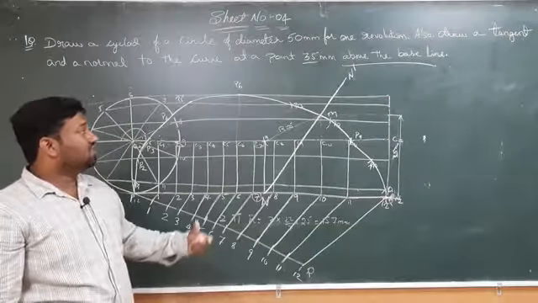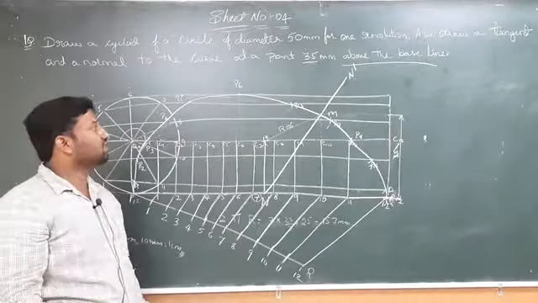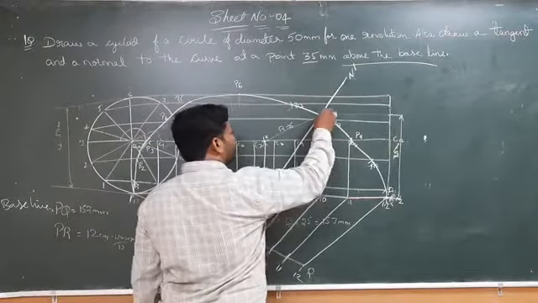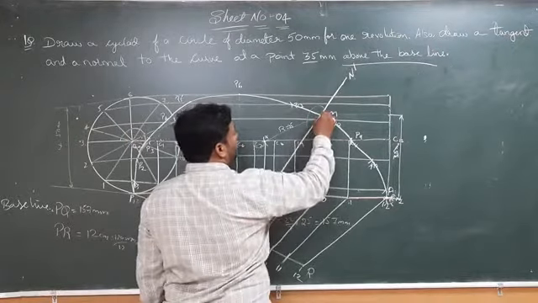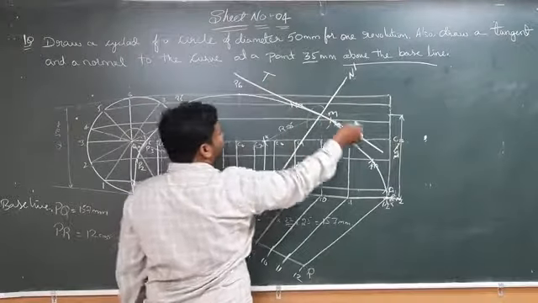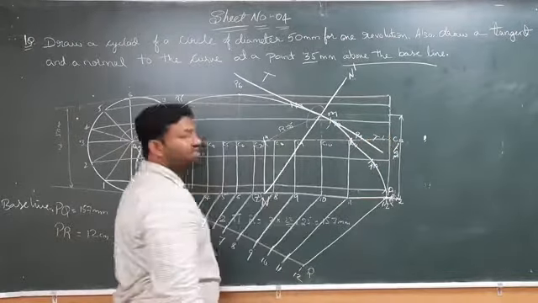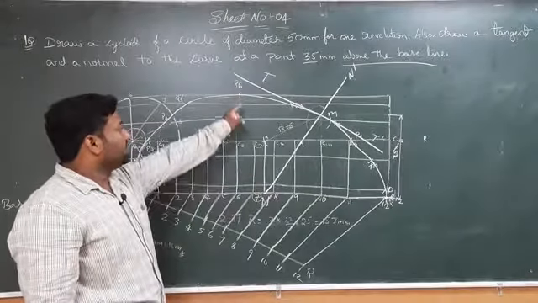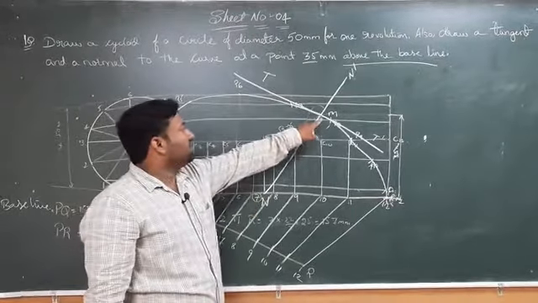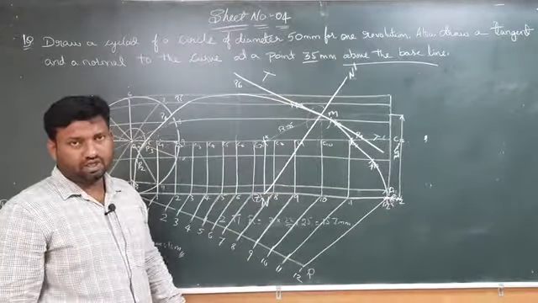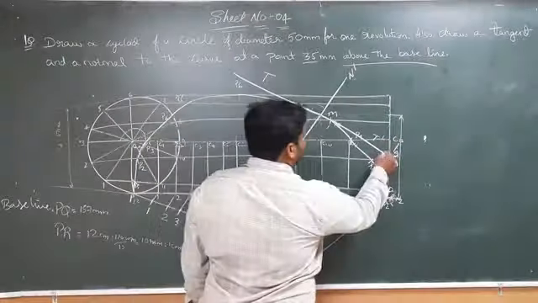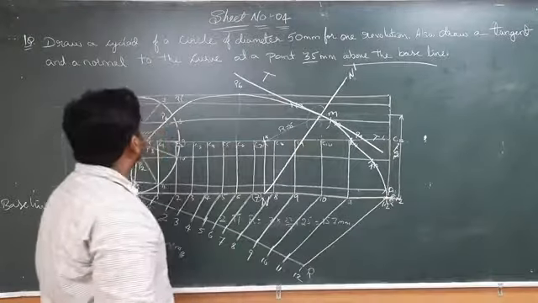Now exactly the perpendicular line to this one is nothing but the tangent. Means exactly from this point, with the help of the protractor, you have to measure 90 degrees and draw the line like this. So this is nothing but your tangent, T. To get the tangent, always please remember that the tangent is exactly perpendicular to the normal. At that time only we will get the tangent. So by this we have completed our problem, which is based on the cycloid.